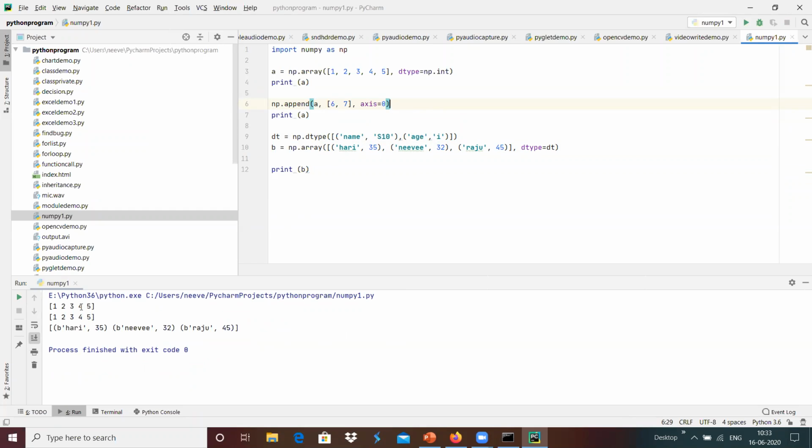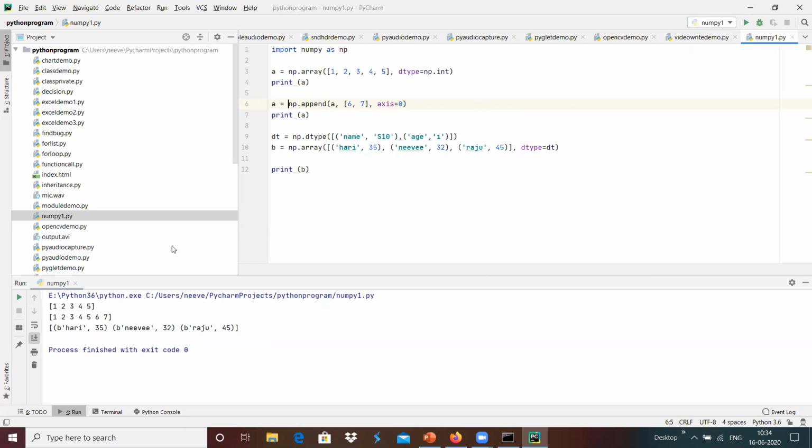Print of append A. We can append and it generates the output, and I'm going to assign it into the A, which provides the appended output. It has been received and added into the A, and whenever we print, the elements 6 and 7 got added into it.